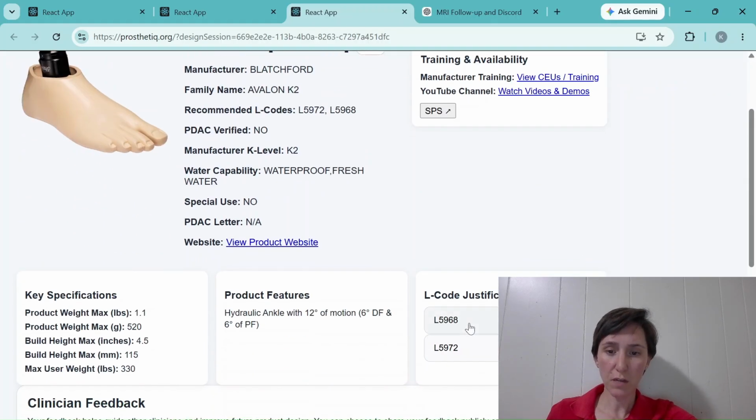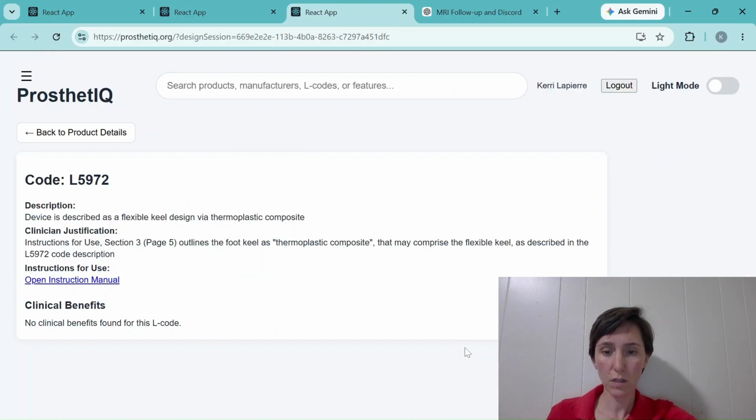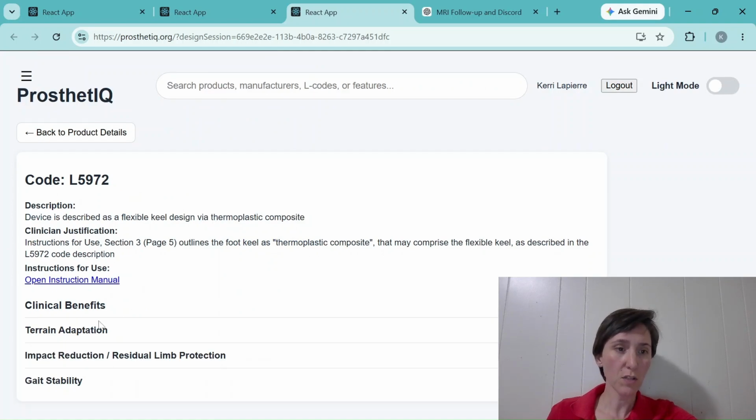And in the details page, I've got these L code justifications. So the base code for this foot is L5972. You're going to click there, and it brings you to this page that goes over the description and the clinical benefits. Now, the clinical benefits list several different options. So the way that this works is that, okay, I've got a patient with either a K2 or a K3, or in my case, this patient was a K2 that I was working with,